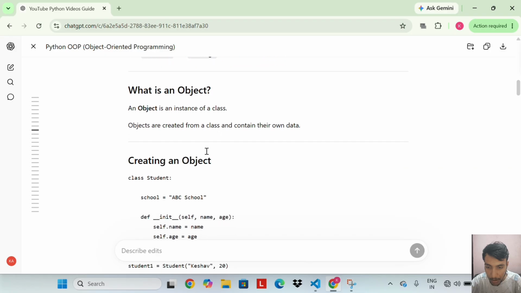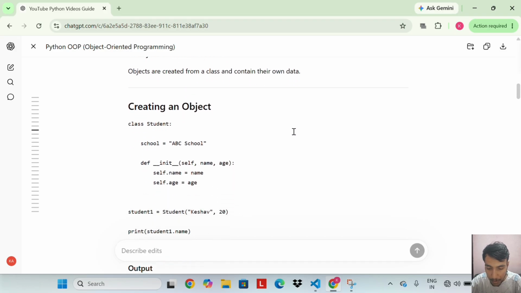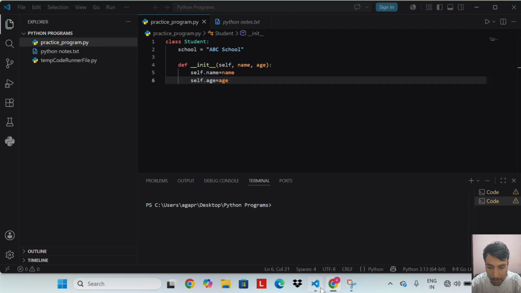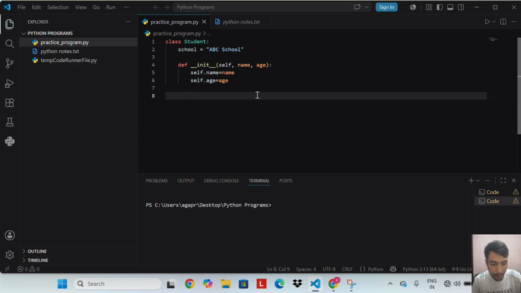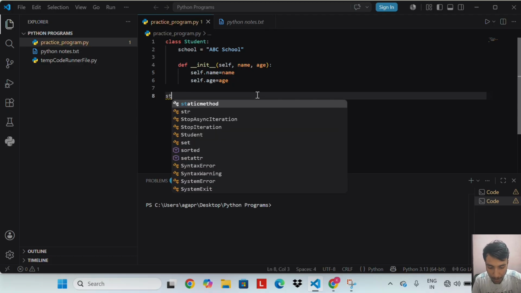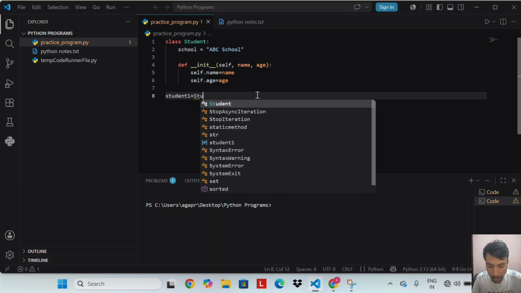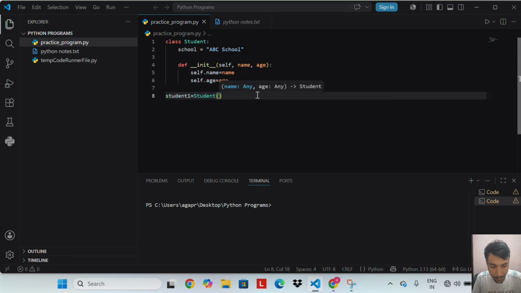What is an object? An object is an instance of a class. Objects are created from a class and contain their own data. So let's do an example of creating an object. Student1 equal to Student, Keshav, comma 20.